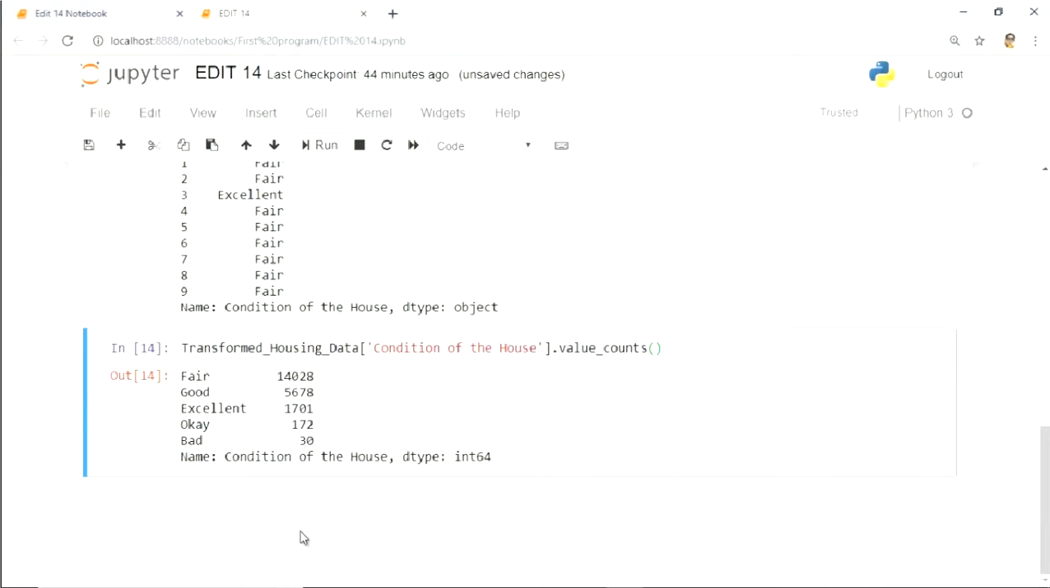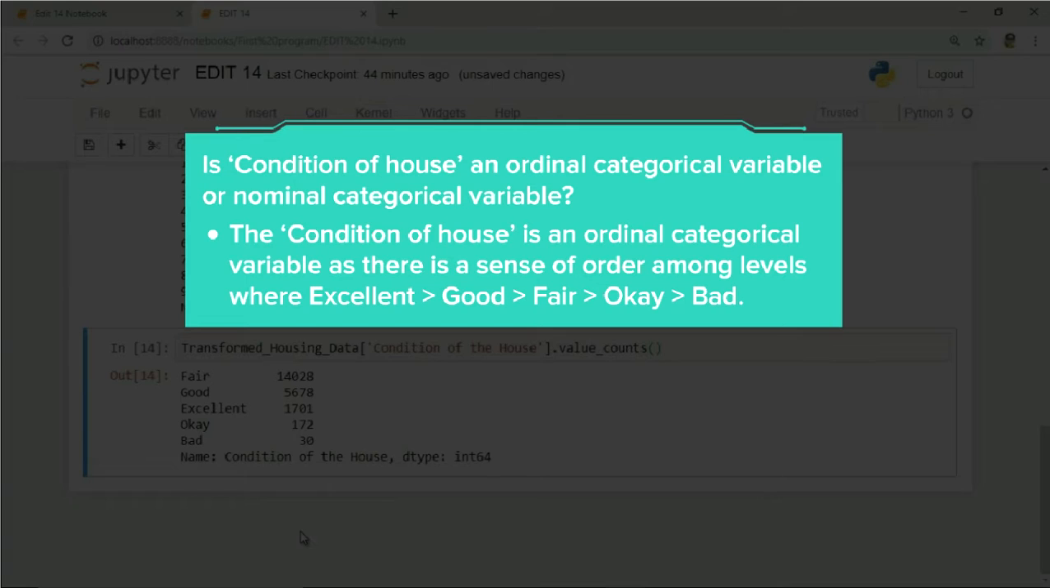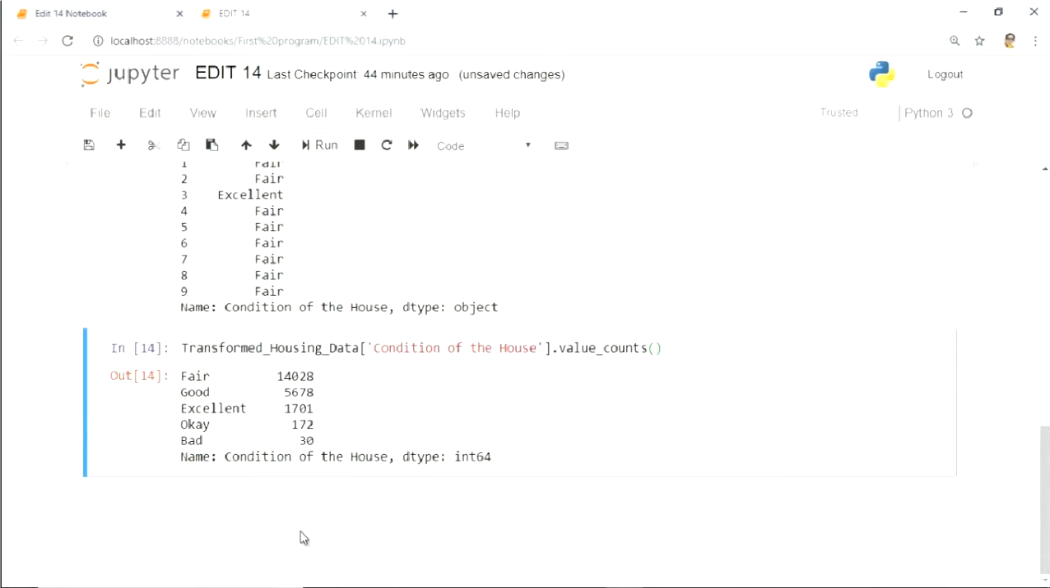Here, a quick thinking question for you. Now that you know unique values for this variable, is it an ordinal categorical variable or nominal categorical variable? Yes, this is an ordinal categorical variable as there is a sense of order among levels where excellent is greater than good, good is greater than fair, fair is greater than okay, which is greater than bad. We can also see that majority of the houses are in fair condition while very few houses are tagged as